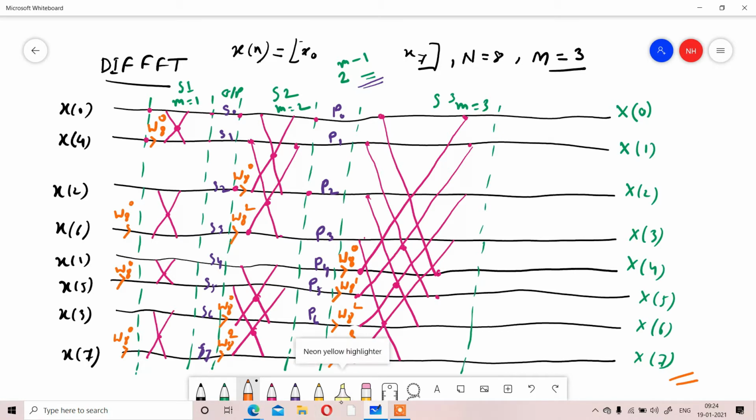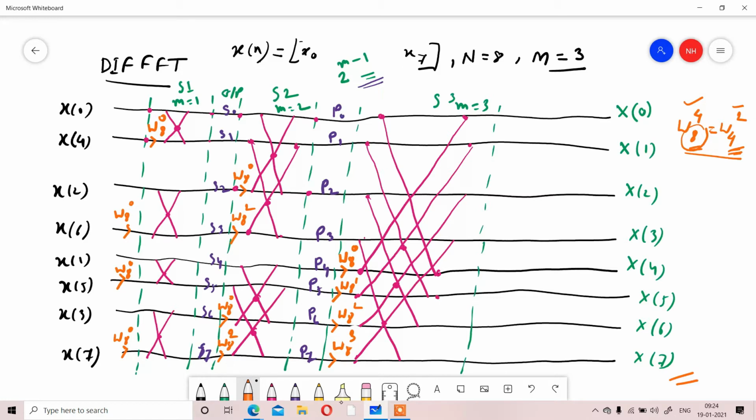W8 means you have 8 samples. W8 to the power 4 means W4 to the power 2. That is okay, but in one case it is defining 8 samples, and in the other case it is defining 4 samples. So the computer will not understand. Whenever you represent it, you have to represent the same form for each and every W, otherwise the computer will not be able to understand.